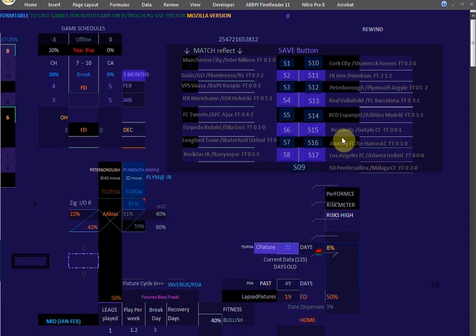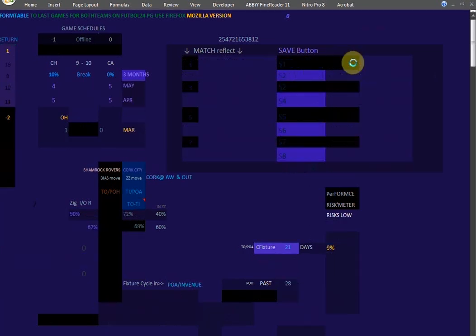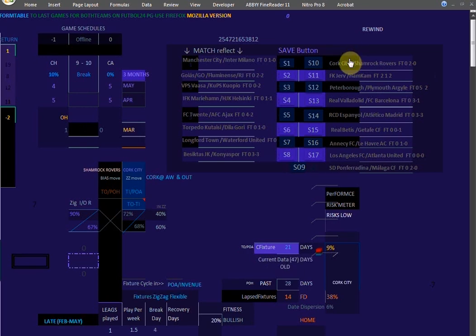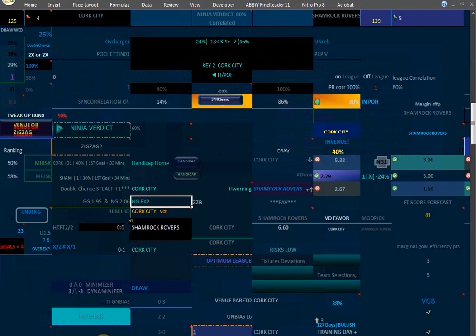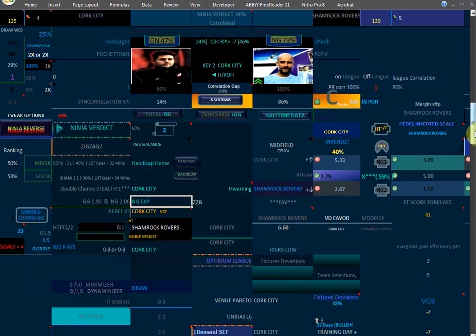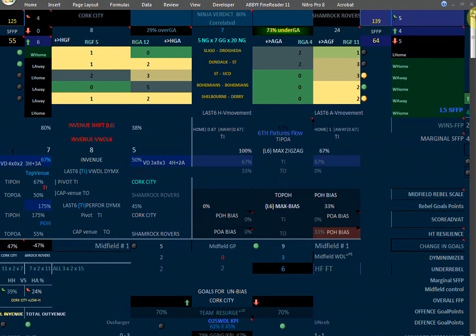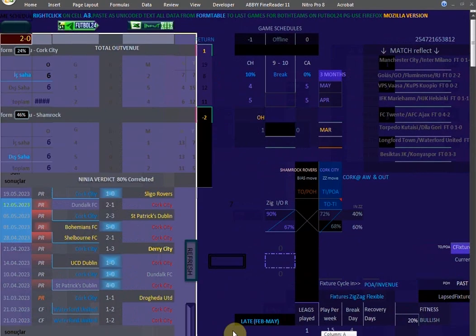We have several games here played in 2023. So I'm going to focus still on some of the tools that we use for analysis. Let's look at Cork City and Shamrock Rovers. Cork City won this at 7 odds. It's a home team. We'll check out how the original data looks.